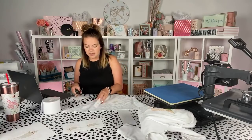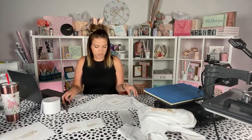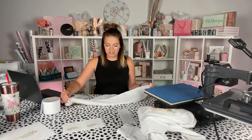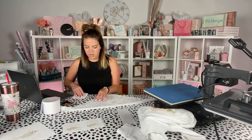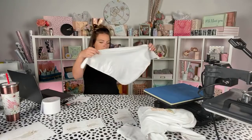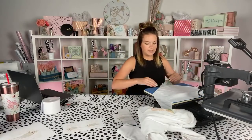Okay, these bandanas are just a cheap piece of fabric with serging on the outsides. They are from Amazon, and I unboxed them in one of my Amazon videos, all the sublimation things. So I have finally grabbed them and am doing stuff with them. I'm excited about that. Okay, so what I want to do is cut all these little guys apart and make